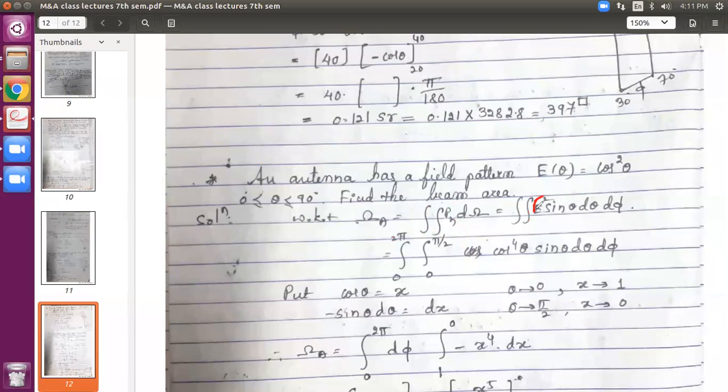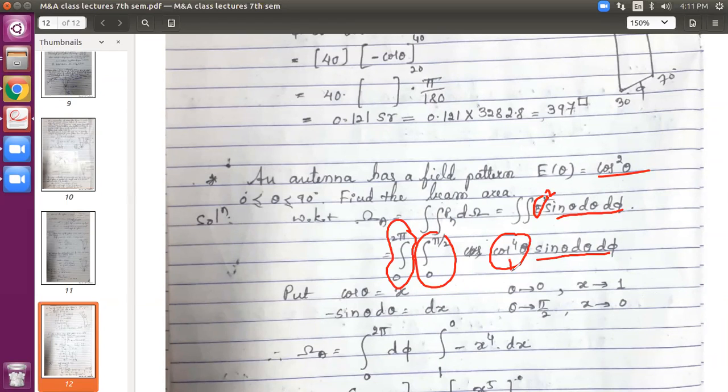So as it is given, I have taken it, and they have already given you the theta range, that is 0 to 90 degrees. One more is not given to you, so take it in general 0 to 2 pi, and the field is given as cos square. Hence, the E square term is there. I have squared it, and it will become cos raised to 4. Remaining all sin theta d theta d phi d omega as it is. Now simplify further using your calculus.